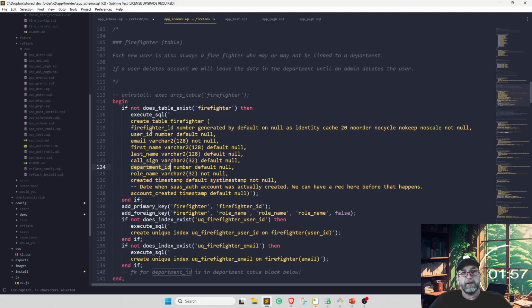The long-term workflow looks like: I sign up, and I can create a department or join a department. Maybe I create a department, set it up, and then invite all the other firefighters to join. That's great. The problem is that if I create a department because I want to goof around, and then I go to join a department, I have to be really careful about deleting the existing department because you can only be a part of one department at a time.